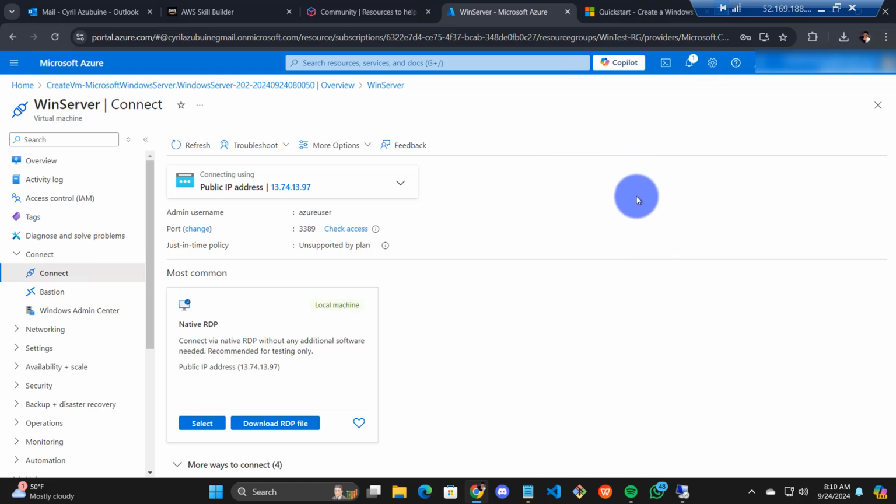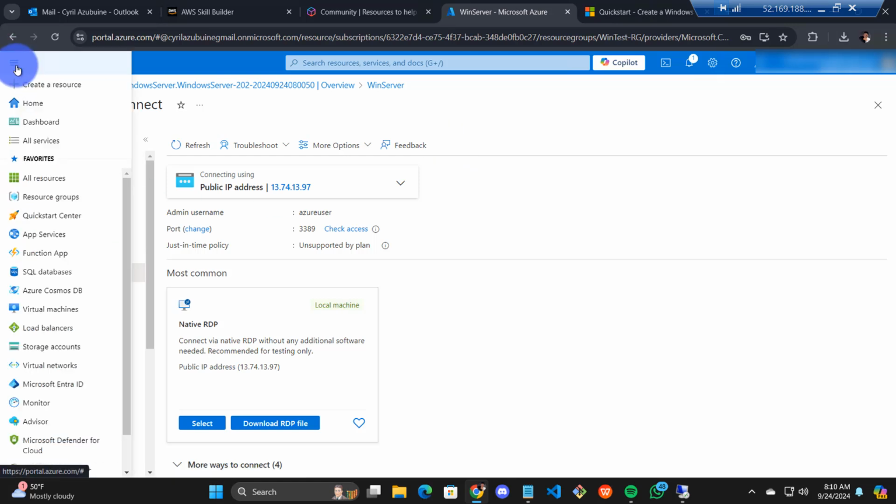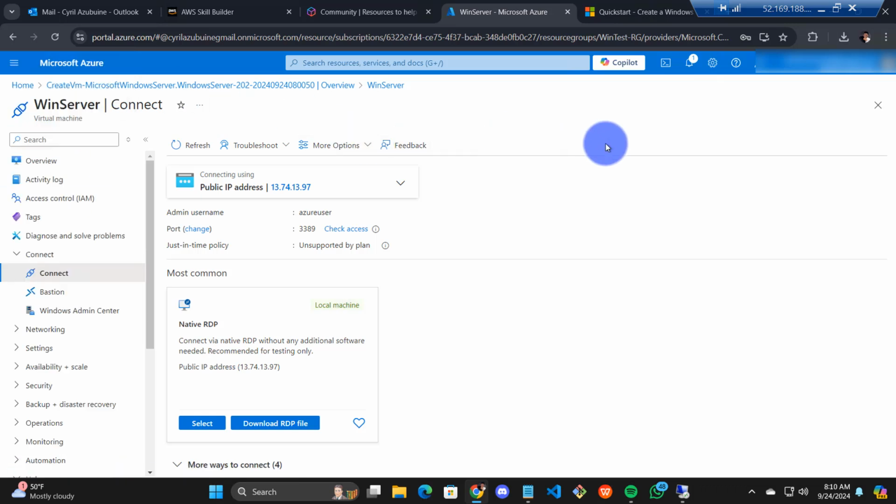Before we deploy the server machine, the first thing you need is the interface from your Azure portal. Where we have this hamburger sign, you see we have so many resources for Azure here. We don't need that side. You have the search bar. We don't need that side either. Just at the end of the search bar, we have Copilot and we have Cloud Shell. This Cloud Shell is where you run your commands. So you click on this,